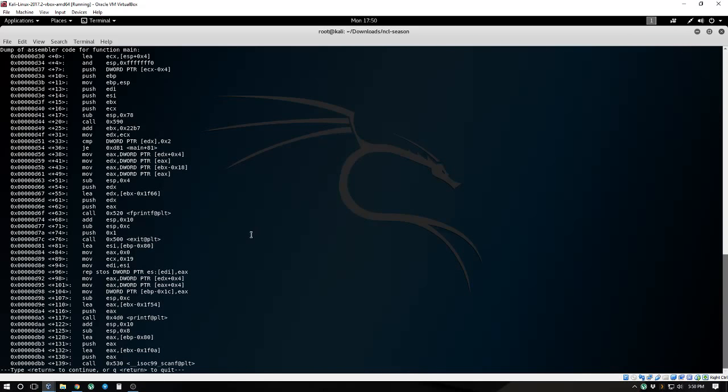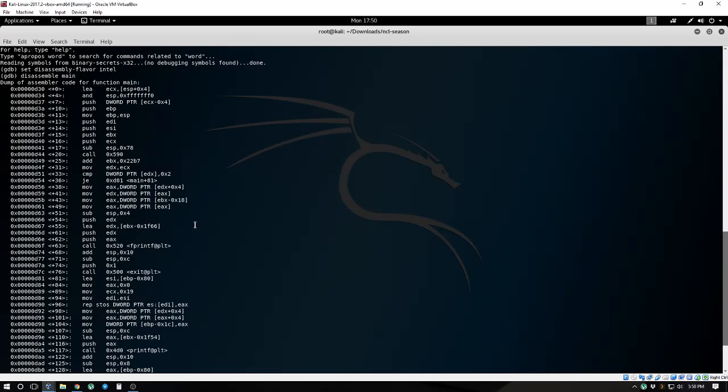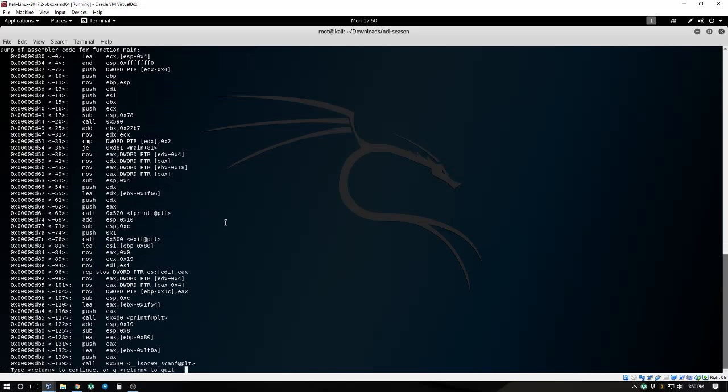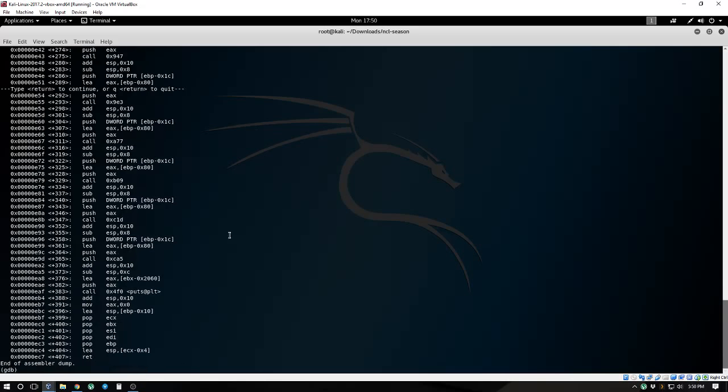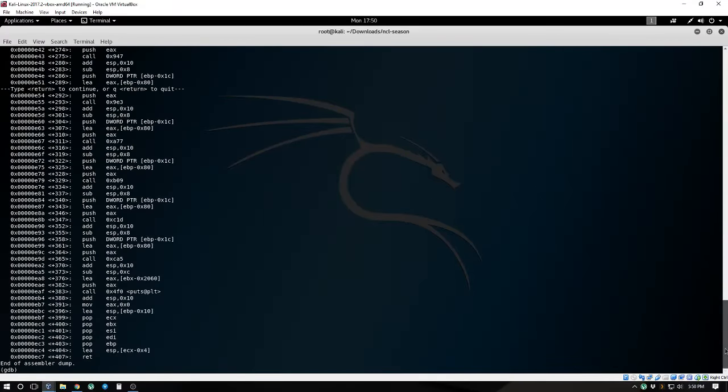I just did that initially because main is usually the primary function in a program. That's where most of the stuff happens. So I did this, then you can hit return to continue. It's pretty big, but it's not gigantic. I went ahead and copied all of this and pasted it into Notepad, and then printed it out so I could have it in front of me. And I looked through it initially,